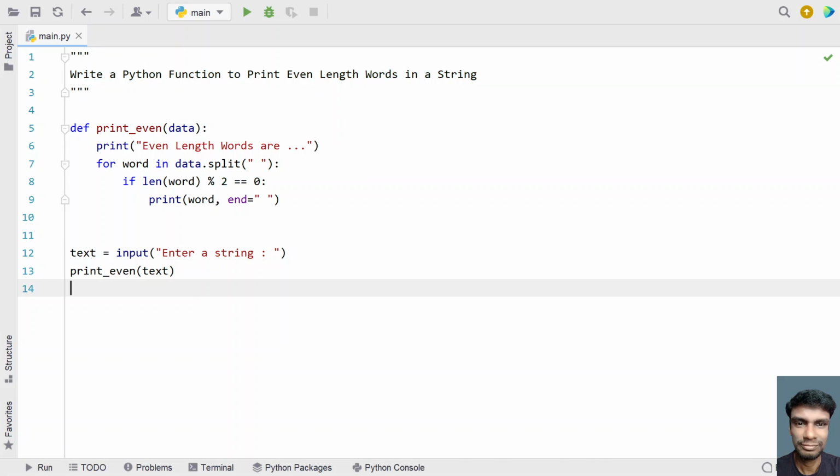So this is a complete program to print, using a Python function, all the words containing an even length. I'll give this code in the